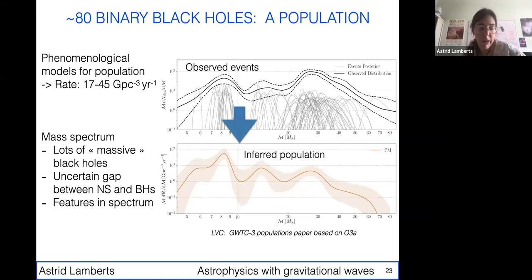I think a lot of people are really looking forward to a new multi-messenger event. So an event with a neutron star where we have an electromagnetic counterpart with a gamma ray burst or a kilonova, maybe something else. A lot of people are really waiting for that. It's not really what I do, but there will be beautiful science if we get something like that. So that's also high up on the list.